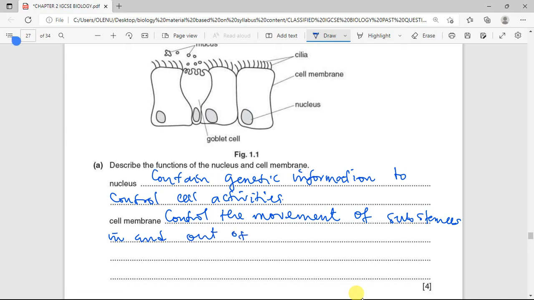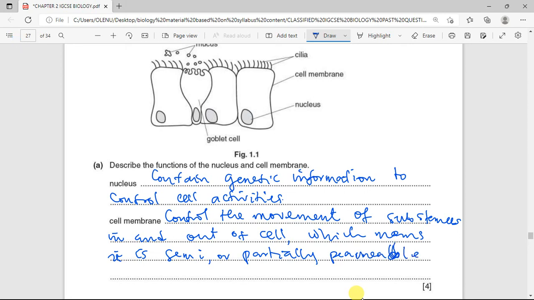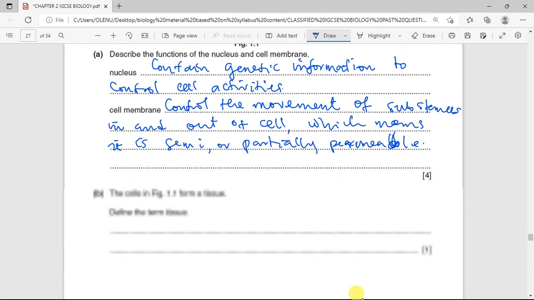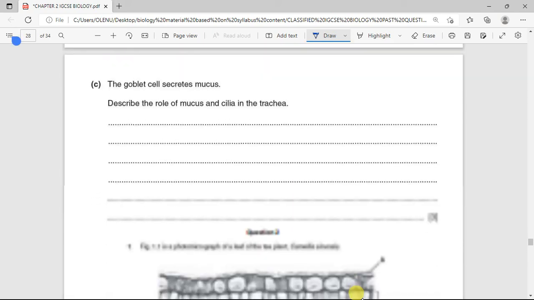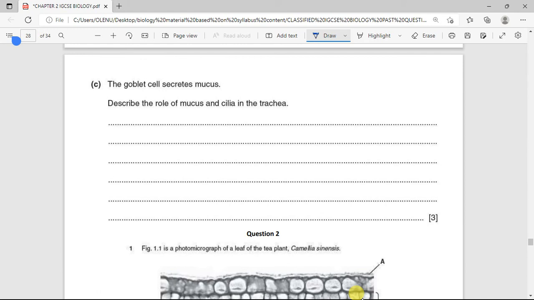In and out of cells, which makes it semi or partially permeable. Now, define a tissue. I think we've done this earlier, where we say tissue is a group of cells that have similar functions. Now, describe the role of mucus and cilia